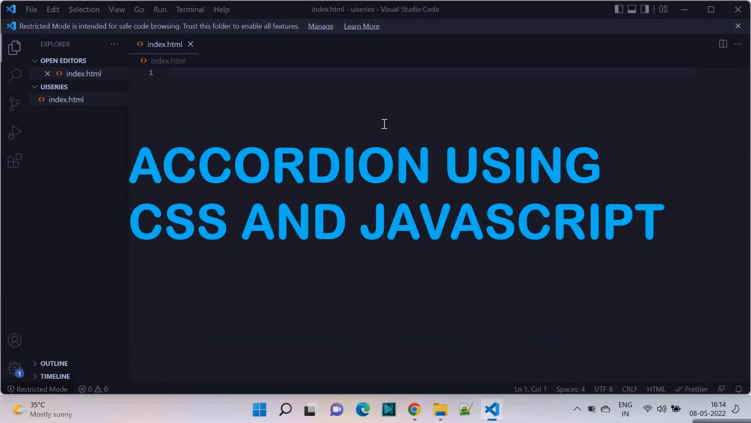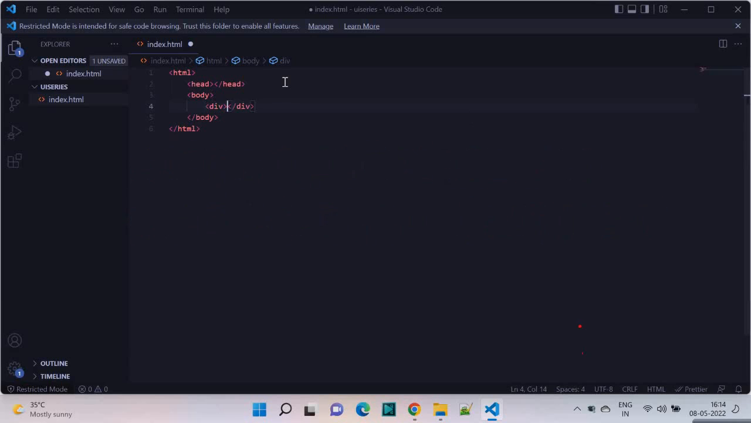Hello everyone. In this video, what we will be trying to achieve is an expandable and collapsible div. Let's jump right in. This is a basic HTML where we will be developing it. So we have our div,